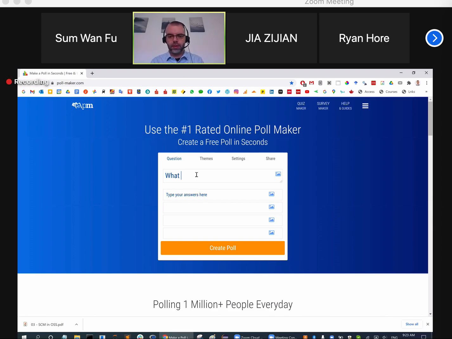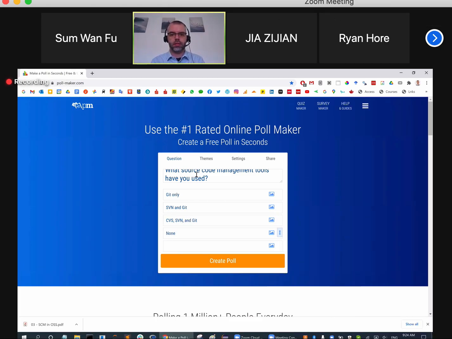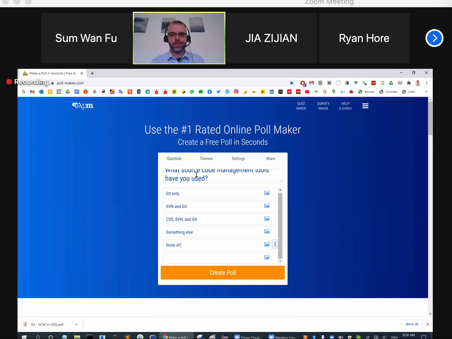So today we'll talk about source control management systems in the open source community. And before we start, I just want to get a feel for which systems you might actually be familiar with already. What source code management tools have you used? Only Git, SVN and Git, CVS, SVN and Git, none, something else, none of these. Okay,